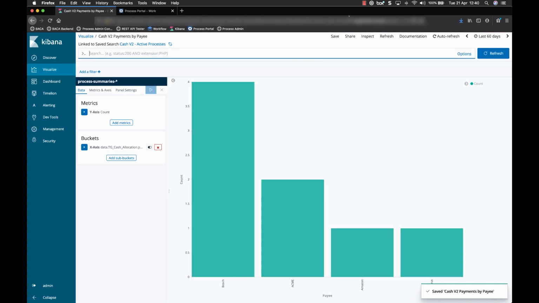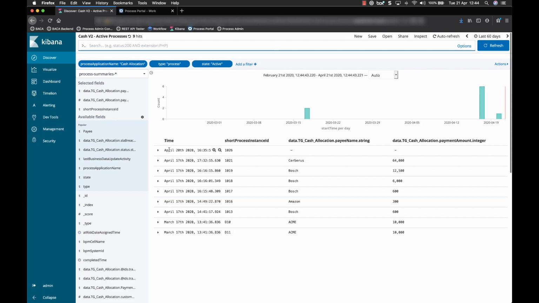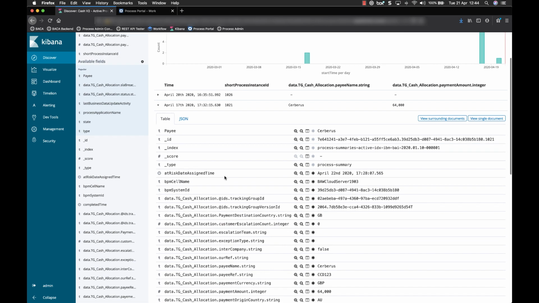Okay, that looks good. So our final visualization is going to be another vertical bar chart, but it's going to contain a date range and a split series. Let me just explain what I'm talking about here. Within the process summaries, if I open one of them up, you can see that